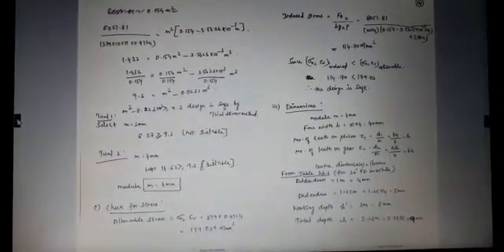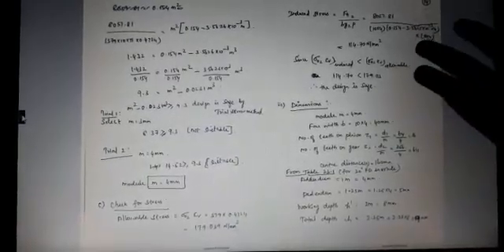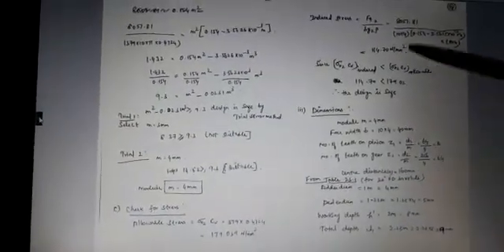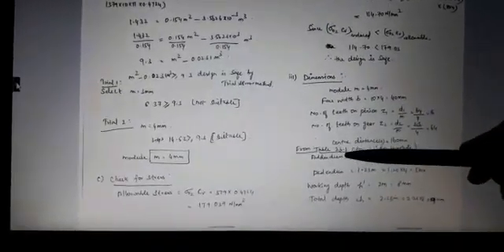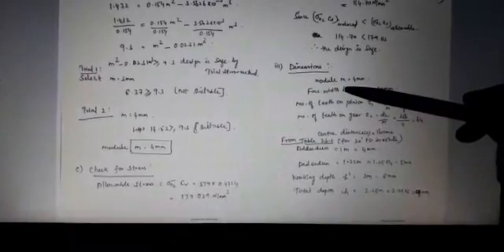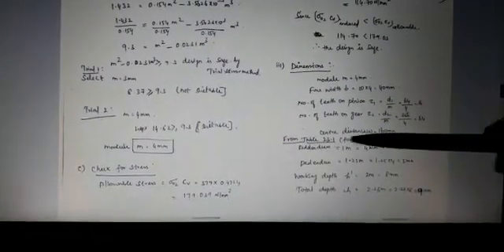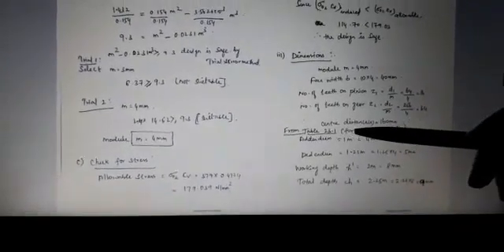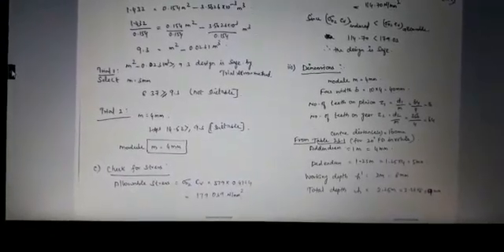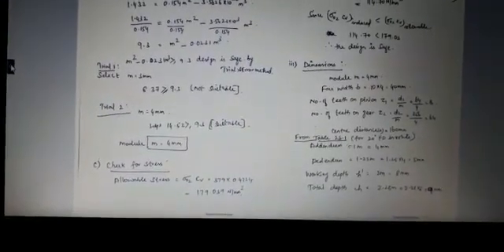Okay. Next, now that you have checked the stress, and you found the tangential tooth load and the module, you find the dimensions of the spur gear for 20 degree full depth involute. The formulas are available in table 23.1, based on the pressure angle. In table 23.1, they give all the formulas for the 20 degree full depth involute. You substitute all the values using the module m equal to 4 mm. By substituting, you get all the dimensions of the spur gear.